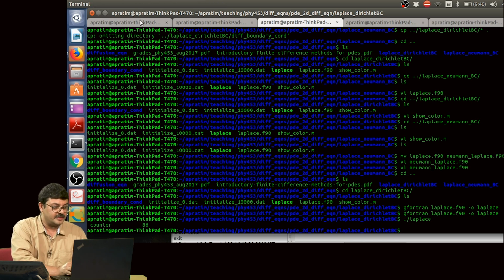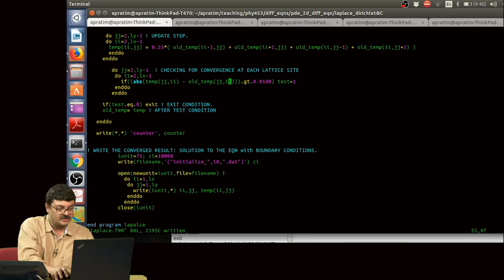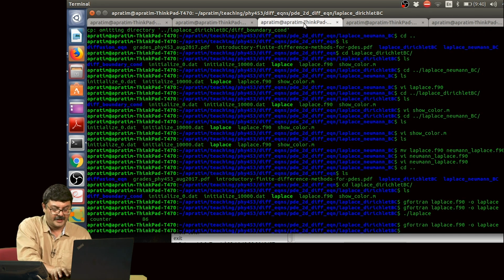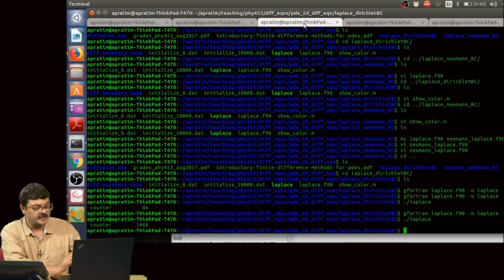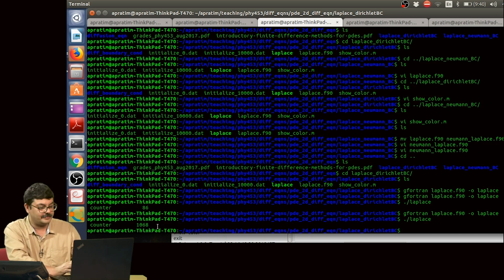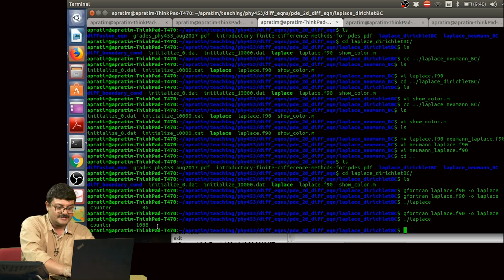But of course, if you decrease the tolerance to this value, right, then you can again compile, and if you run it, you need around 1068 iterations before you get the converged results of the temperature across the lattice, right, and the data is written, as I said, in